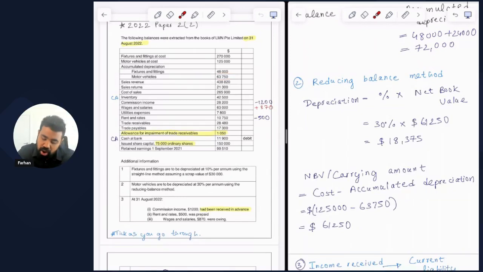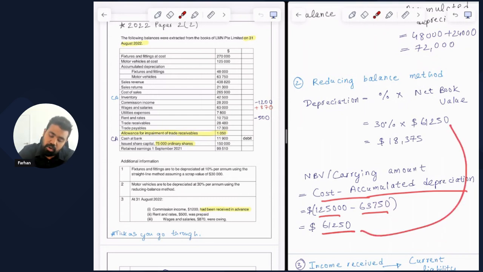So once you subtract the accumulated depreciation from the cost, which is $125,000 minus $63,750, you get a net book value of $61,250. Now, this net book value is what we have included here. So when you multiply the percentage of 30, which is given in the question, with the net book value of $61,250, you get the depreciation as